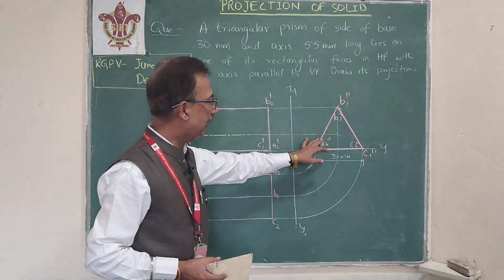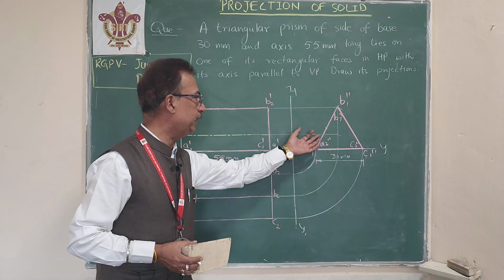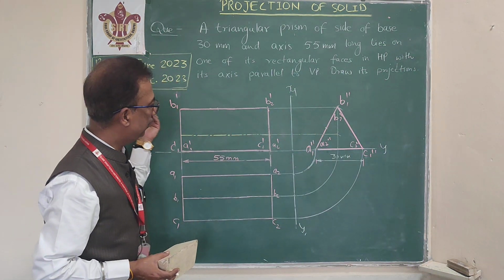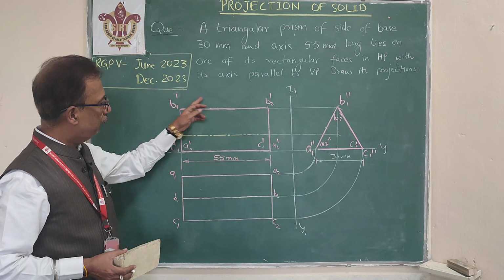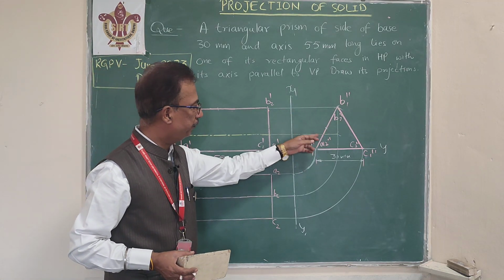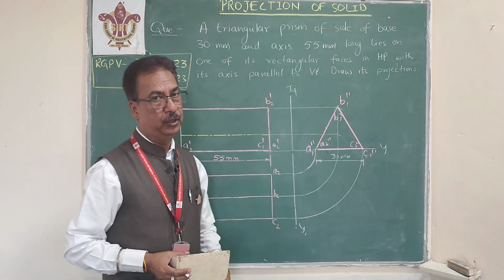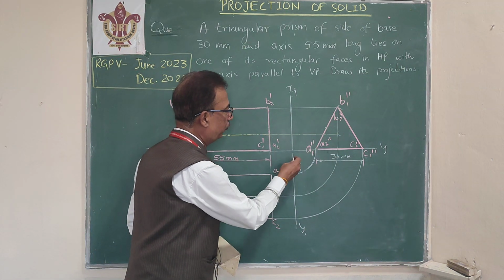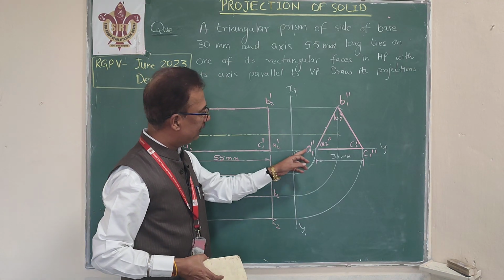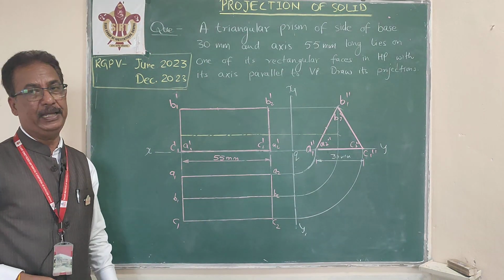Now with the help of this we will draw the front view, as the length of the prism will be 55. Just project the projectors, again orthographic projection, so the projectors must be perpendicular to the new XY line, and we get the front view. Mark the axis. Then by the same method you project the top view, with projectors from the front view and projectors from the side view. Now we will carry forward this distance by rotating. This will be the center point Q, and take this radius from the arc. You can easily understand I am carrying forward the same distance.